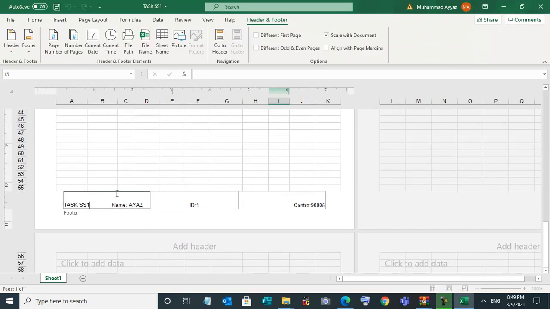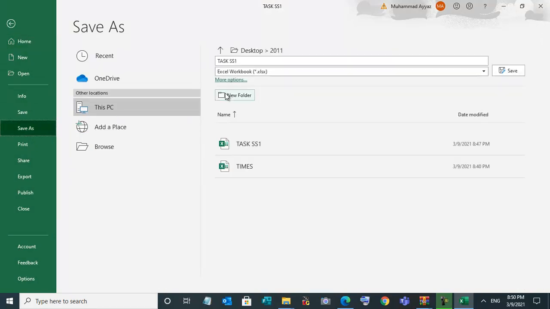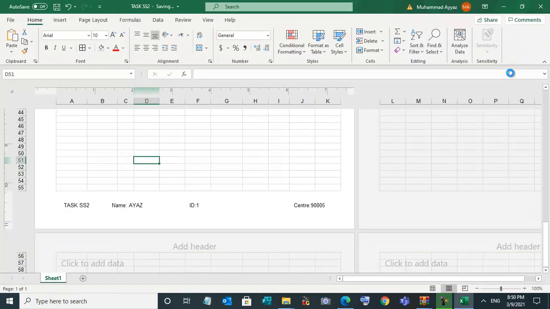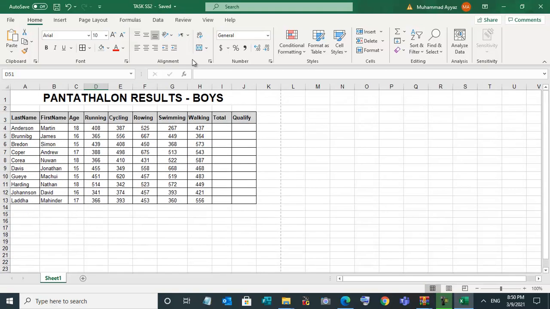Change this SS1 to SS2 and save this sheet as task SS2, in the same folder 2011. Yes, we have saved. So bring it in normal mode. So this is SS2 now.